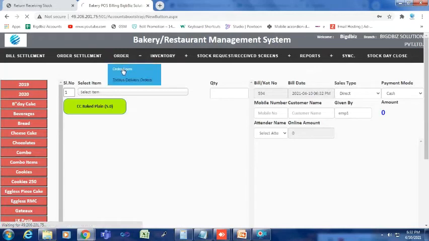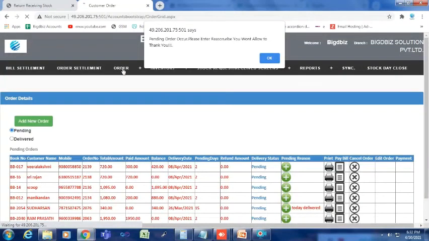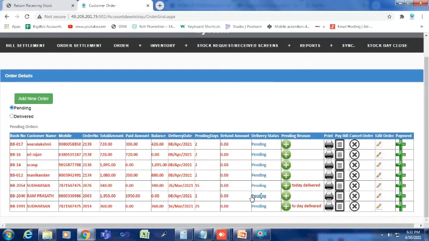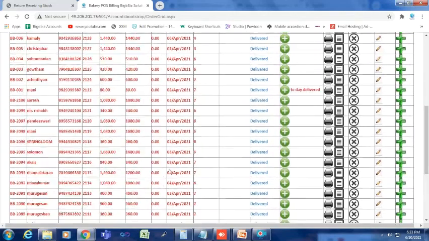So order details. In case you are accepting any party orders or any birthday or wedding cake orders, then you have to enter these details in the order form. This order form will show you how many are pending and how many have been delivered. This shows the pending orders which are due for delivery on the 8th, which they have not yet received from us. These details can be seen, and if you want to see only the delivery details, these items have been delivered.